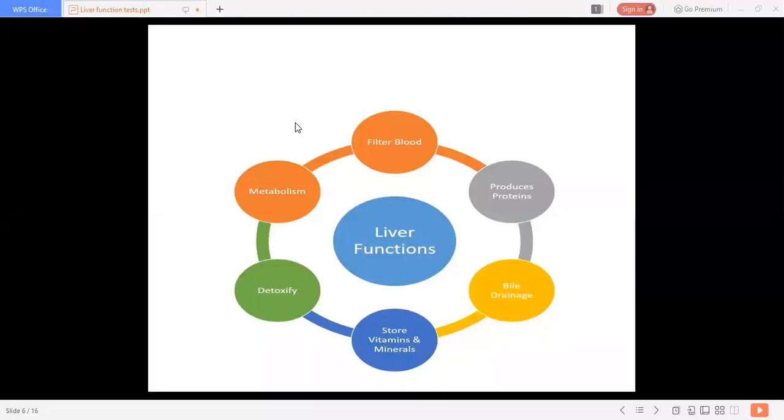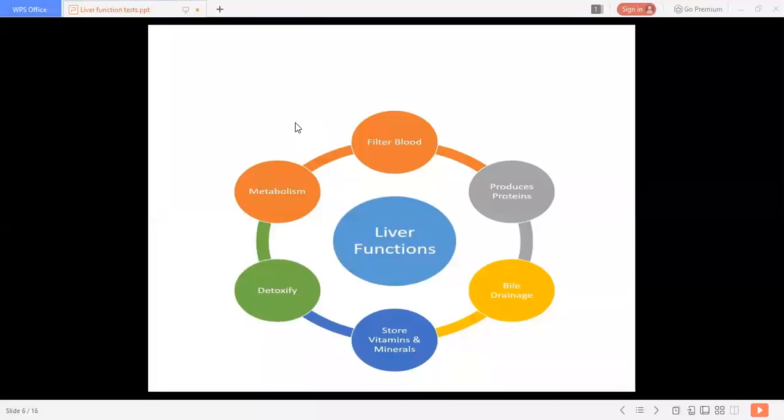A decrease in the levels of total protein occurs in liver diseases, and the total protein levels are analyzed to detect any change in the health of that individual or to diagnose kidney disease. So the evaluation of total proteins is also very, very important. Basically it is all about albumin and globulin levels.